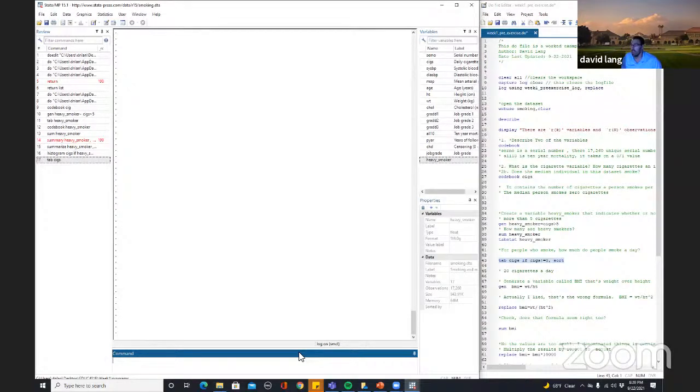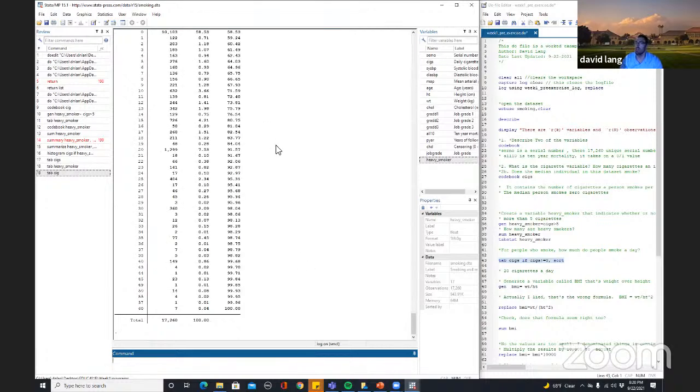So this data set is asking us how many are heavy smokers. We use the table heavy smoker option. And now I ask you, of people who do smoke, how many cigarettes do people smoke a day? So we could run the tab cigarettes command,